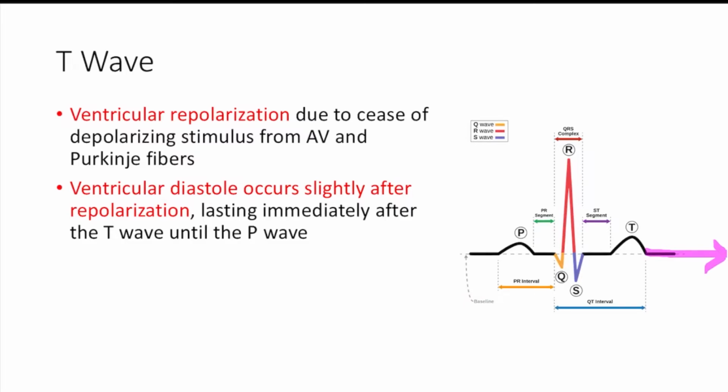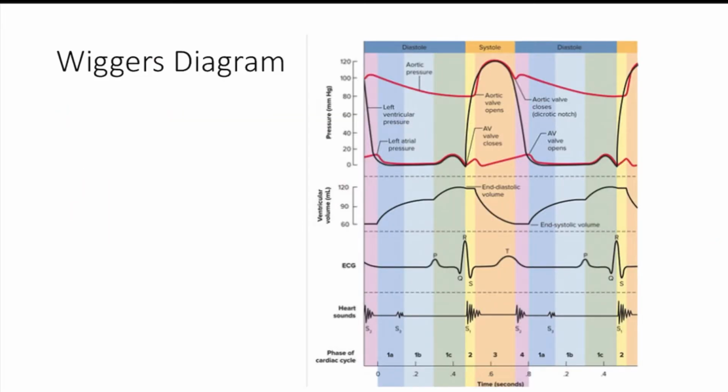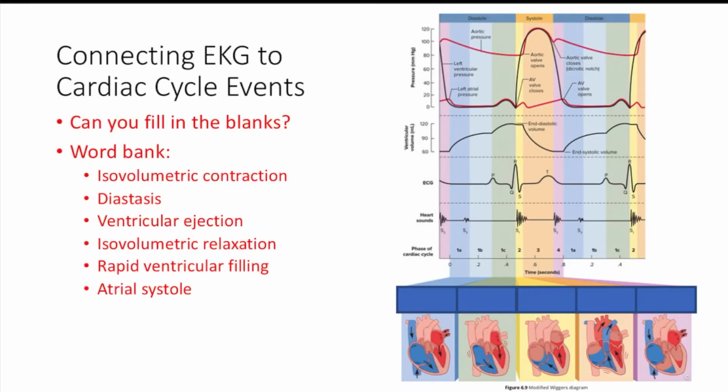So now that we've reviewed all of the major landmarks of an EKG, I want you to take a look at this Wigger's diagram. Here we have the EKG portion of the chart, but we can also see what's going on with ventricular volume and ventricular pressure. This may be a bit of a challenge, but I want you to consider the cardiac physiology you've learned in your physiology courses, and also what you've learned today about EKGs, and see if you can unravel this diagram. I find it helpful to place my pin on a certain point on the EKG portion and